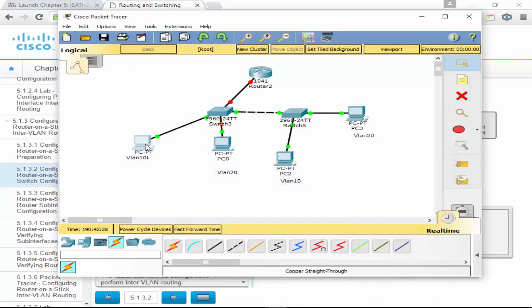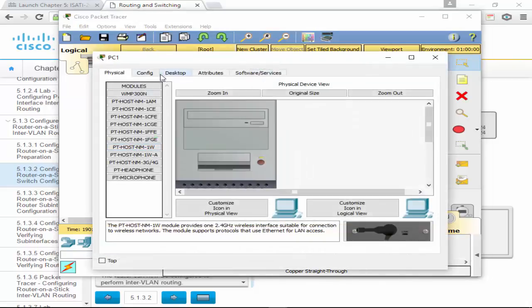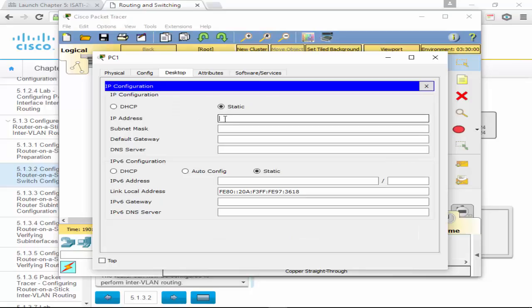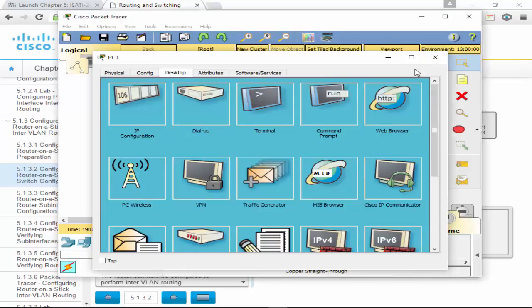What I'm going to do now is, so we have one in VLAN 10, I'm just going to use my favorite configuration. I'm going to say 192.168.10.2, right? VLAN 10, so I'm using 192.168.10.2. I'm going to make my default gateway 10.1, that's why I didn't use it. So we're going to set it like that. So that's in there. Now I'm going to go to the one in VLAN 20,